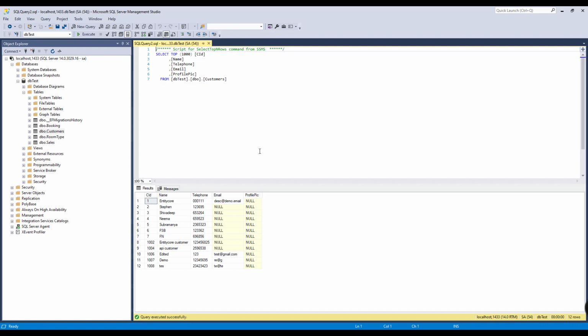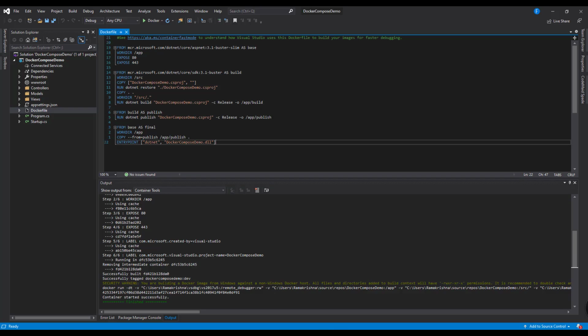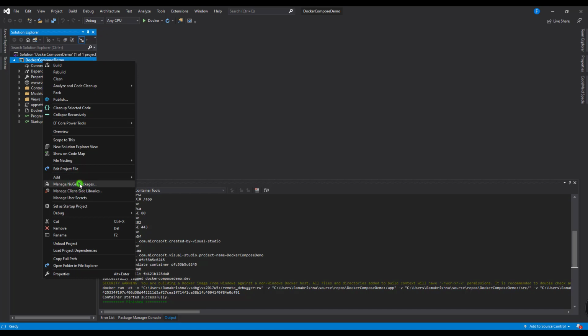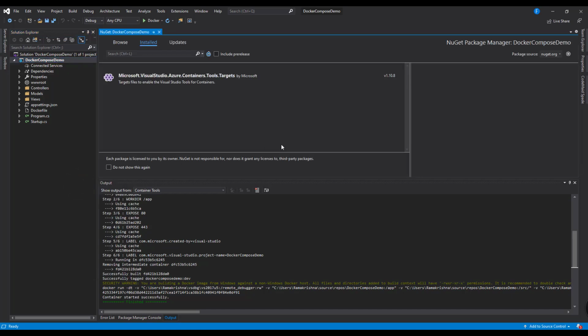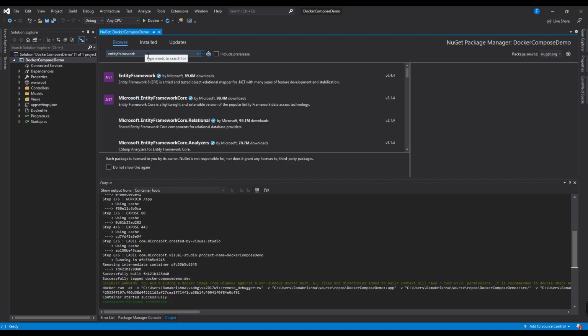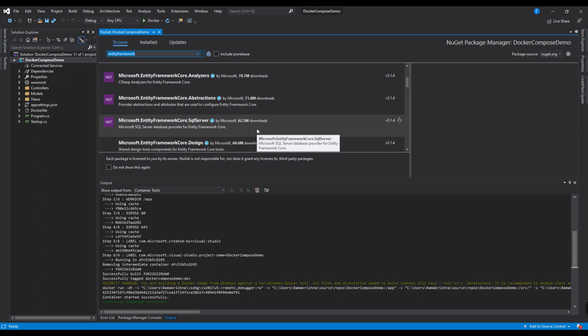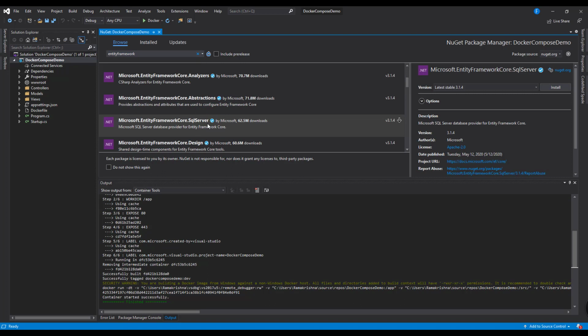So let us do that in .NET. Switch to Visual Studio. We already created our project. Go to Manage NuGet Packages. To use Entity Framework Core, we need two packages installed. Let us install the first one, Entity Framework. Switch to the Browse section. We'll use Microsoft.EntityFrameworkCore.SqlServer.